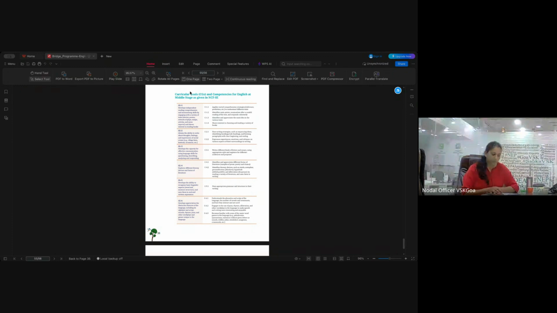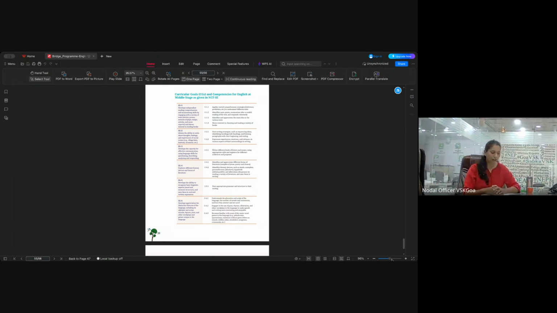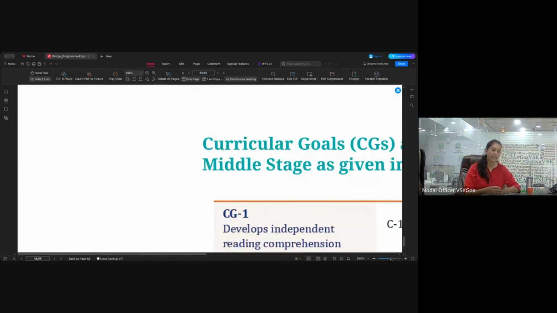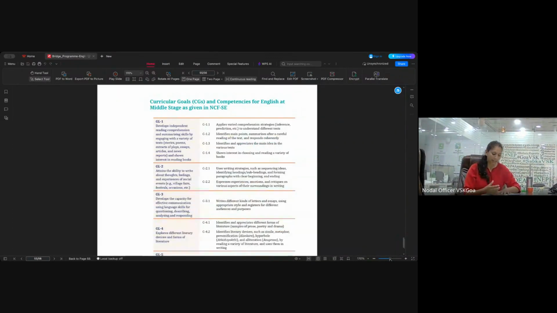As the students move into grade 8, you will see that the bridge course for Standard 8 is a little different from that for the 5th and 7th, and from what the 6th has had previously. Here we are encouraging students to engage with more complex texts, move on to deeper comprehension and more structured writing.